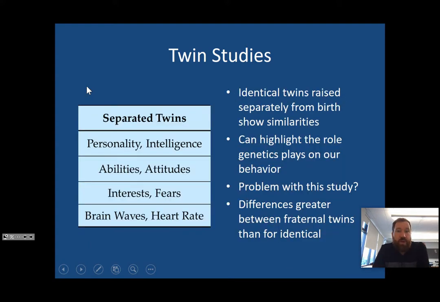So again, when we talk about twin studies, what we're talking about is studying identical twins who are raised separately from their birth families, separate from birth, and that will show similarities. Again, the problem here is that you can't do any experiments, right? These are all correlational studies. Twin studies, by definition, have to be correlational. We can't randomly assign twins, and we also can't ethically say, all right, you just gave birth to identical twins, we're taking one from you and giving them to this other family. That's really problematic, right? That's really problematic.